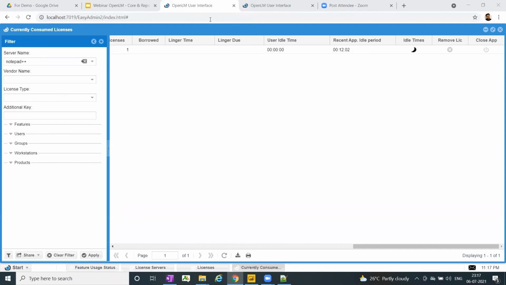And as I said, there are two main important functionalities of the agent. First, if you want to monitor the idle session, as I've shown you, then you need the agent. Secondly, if you have any standalone license to be monitored, in that case also you need the agent. Then for the license retrieval purpose, you also need the agent to be installed.